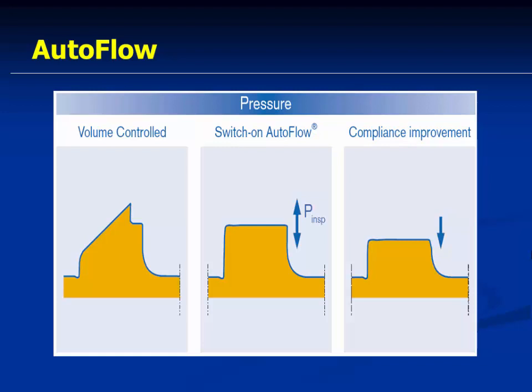This is a typical pressure versus time graph of a volume controlled breath. The moment you switch it on, it automatically becomes the pressure control type of breath. And the moment compliance is improved, the pressure goes down. So again, it is almost working like a PRVC. The only difference is the patent name. And because of the patent, they have changed technology a little bit. The milliseconds, the feedback mechanism, how the ventilator is calculating, changing, those things have changed, but essentially the basics are the same. So you can say it is a surrogate of PRVC with the Draeger.